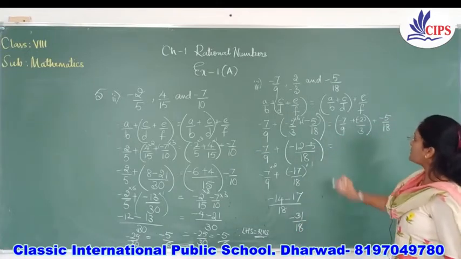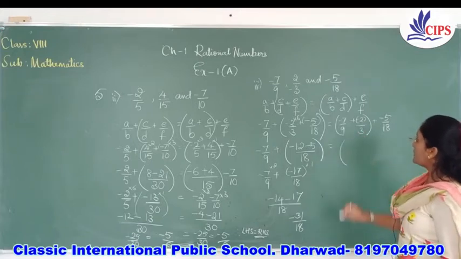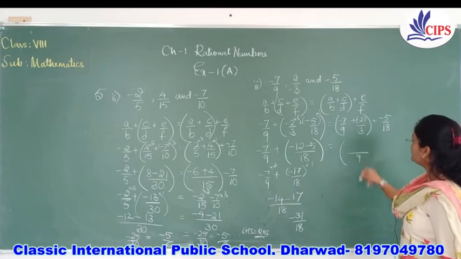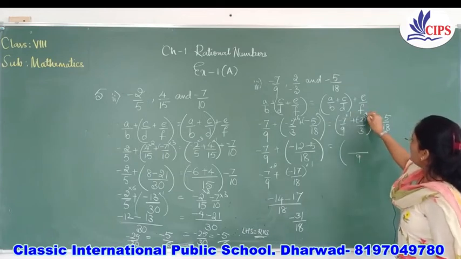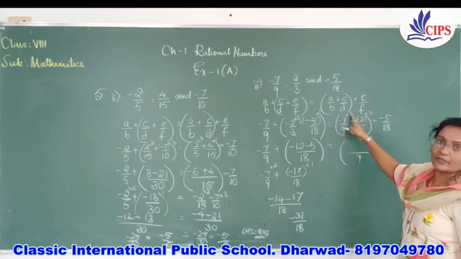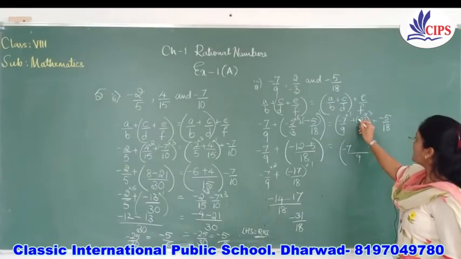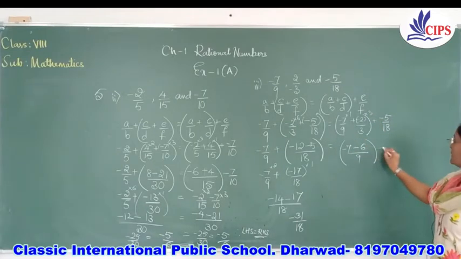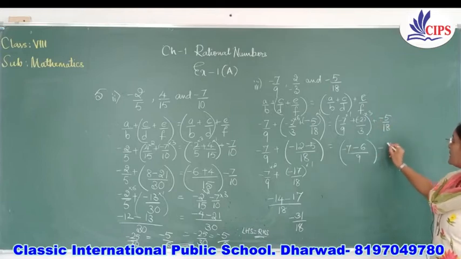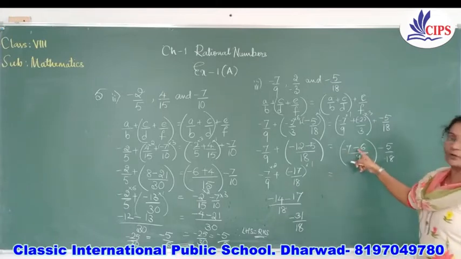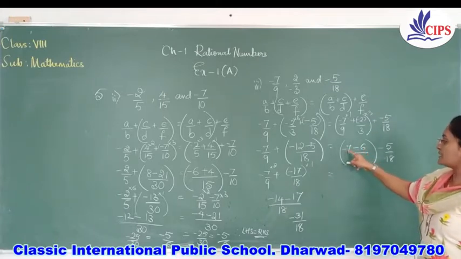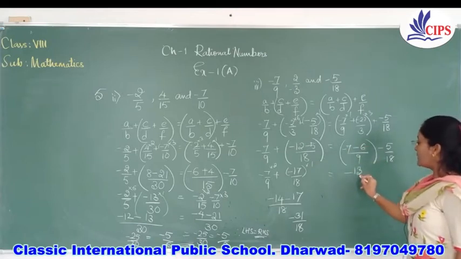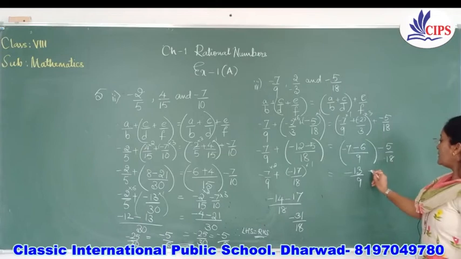We'll see what we get on RHS now. So we'll solve these. So LCM of 9 and 3 is 9. So here 9 ones is 9 and 3 threes is 9. So minus 7 into 1 is minus 7 and plus into minus is minus, 2 threes is 6. We have completed this and I'll multiply these both. Plus into minus is minus, so I'll write minus 5 by 18 here. Now as these both have got the same sign, I'll add those. So minus 7 and minus 6 is minus 13 by 9. And here it's minus 5 by 18.